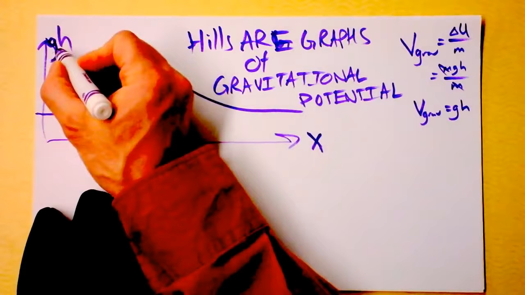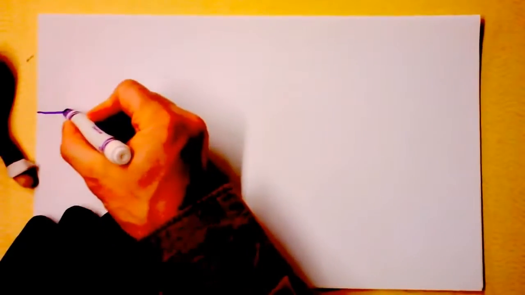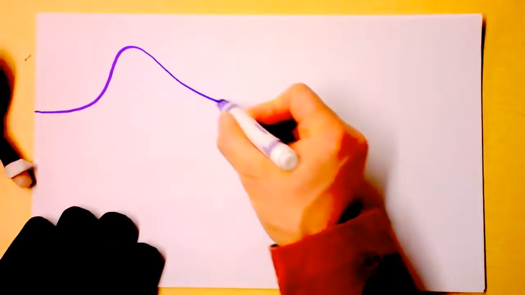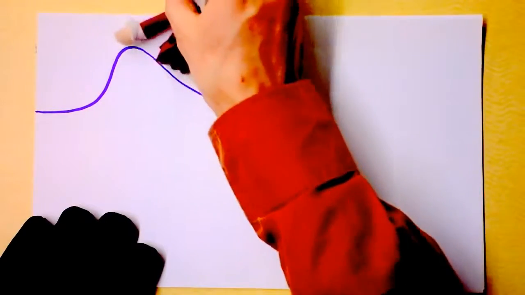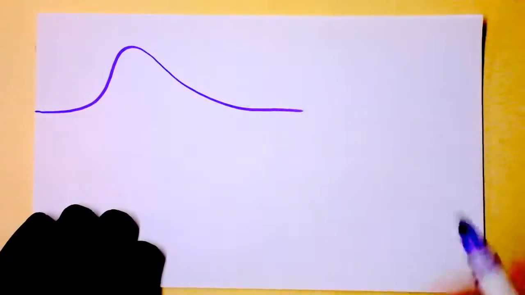So let's say that Newton's exploring and he comes upon a hill, and in honor of Harold, we'll make it a purple hill, and the hill looks like this. Newton notices that the hill is smooth on this side and really steep over here, so it requires a lot of force to get up that side, but over here it wouldn't be much force to hike up. Maybe he walks around it and decides to go up this way. But hills